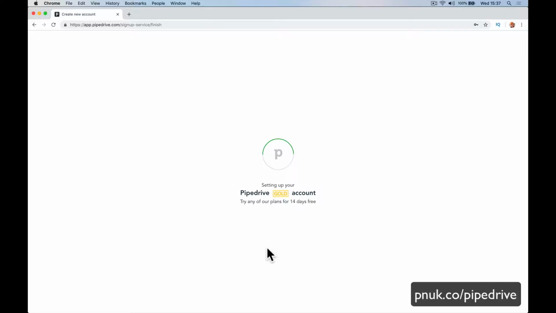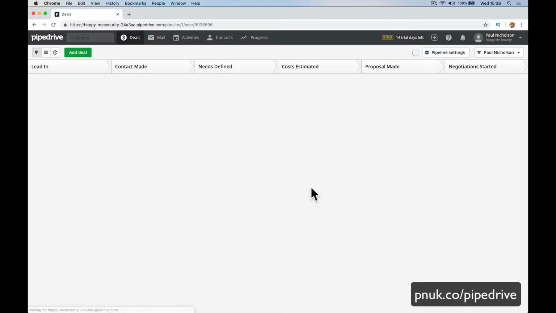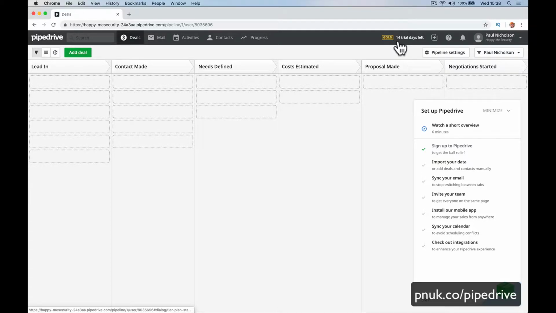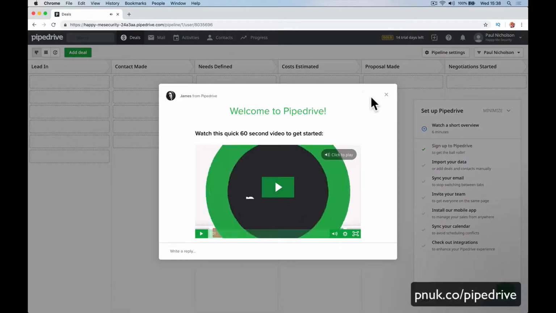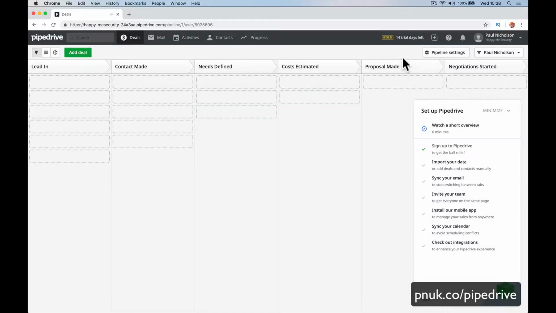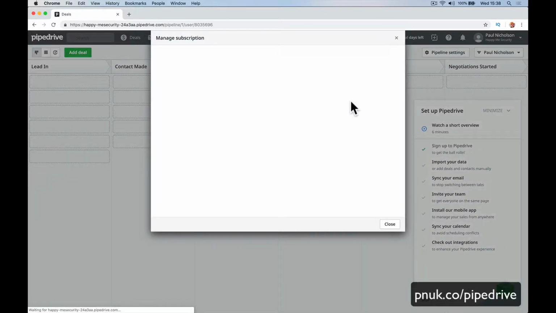Start using Pipedrive. So it's going to be on gold when it first sets up. Now, gold, I'm going to have to wait for the pricing. I don't know off the top of my head. I mean, silver's £15 a month. Gold's obviously more than that. I think it was 20 something. So up here it says trial of gold, right? There are obviously features in gold that you might like with a mail, and I'm not sure what other main features are. But if you go up here straight away,